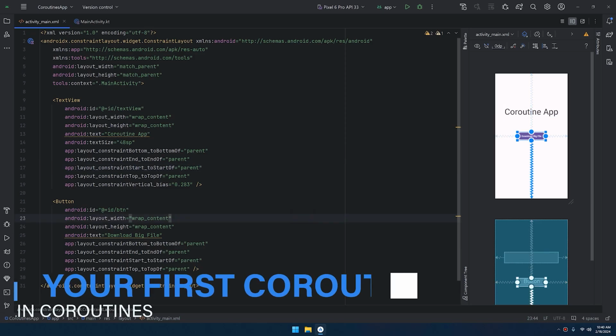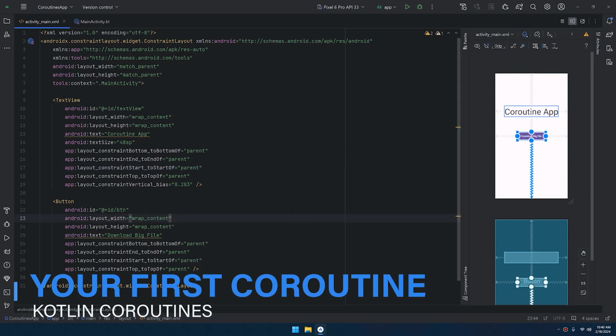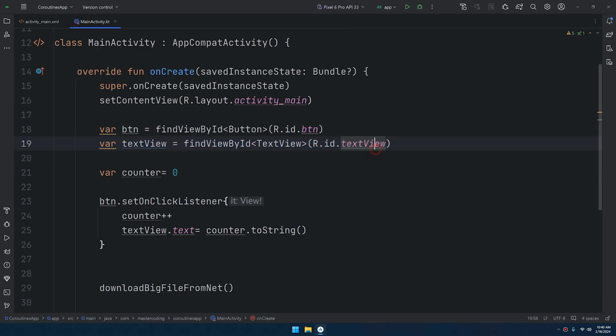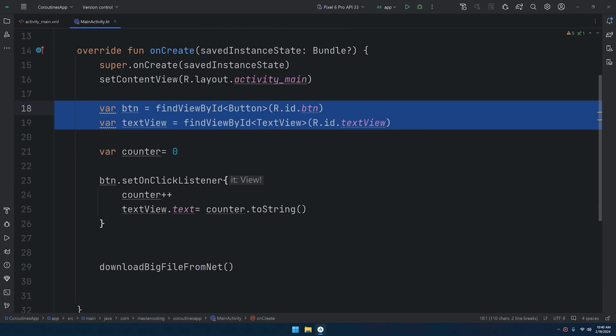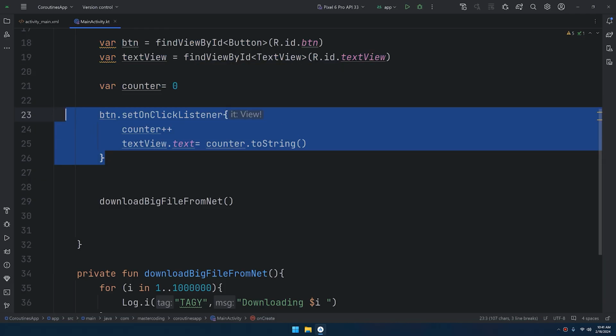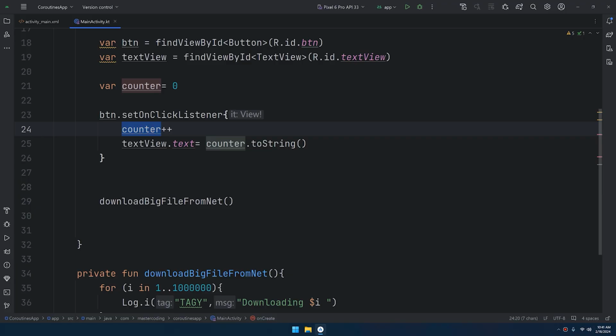To better understand the coroutines, I created this simple application that contains only one text view and only one button. In the main activity, initialize these widgets and create a new counter. And when the user clicks on the button, it will increase the counter by 1 and display the counter result